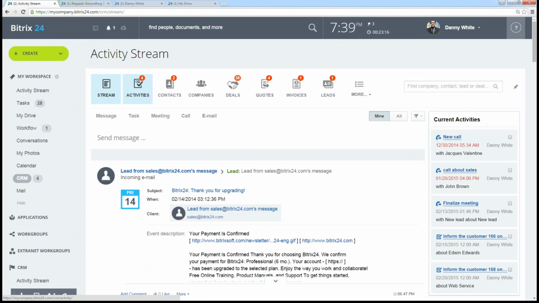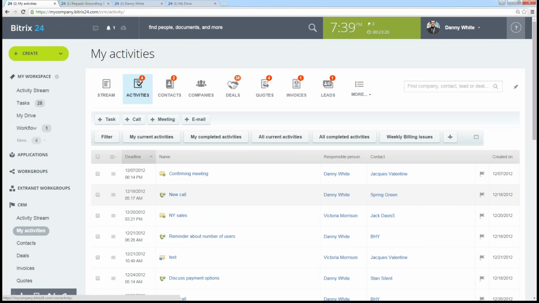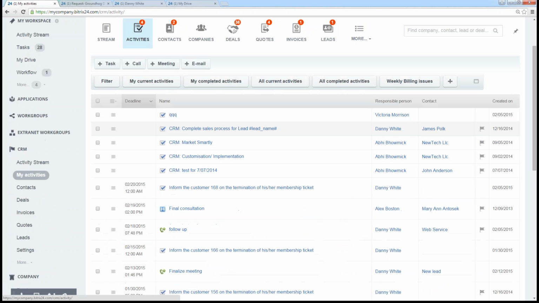All right, activities. This is arguably the most useful thing when you're first coming in and trying to figure out what you're supposed to be doing that day. Come in here, you look at activities. It says you've got 4 things. You go to this deadline thing, and you figure out what's coming up here. Okay, I don't have anything that's